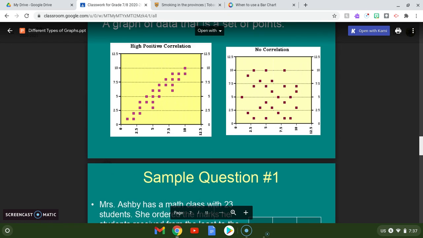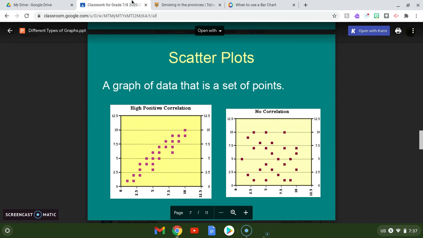All right, so we're not going to worry about the sample questions today, but those are our different kinds of graphs. I'm going to do a separate video showing you how to do it on Google Sheets. So jump back in on